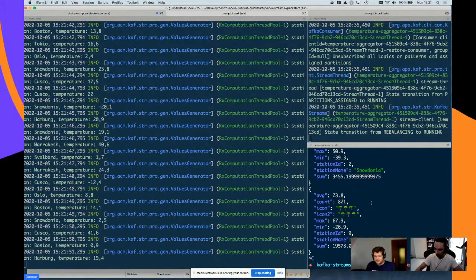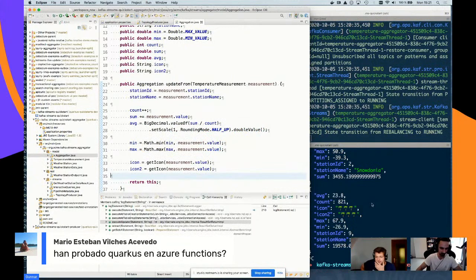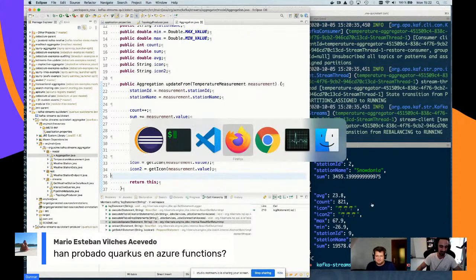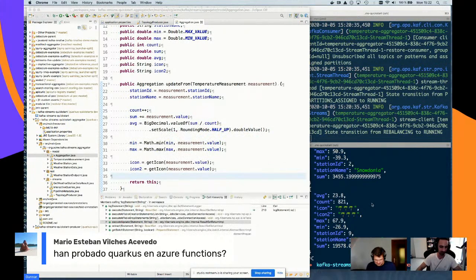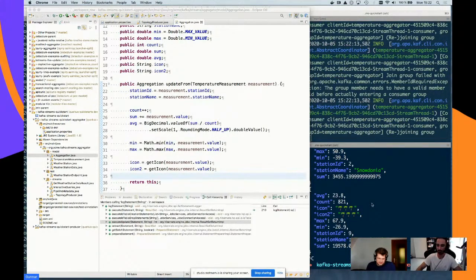Before you go to that, we have one question. It's not really related to Kafka Streams, but it looks like it's in Spanish. I don't know a lot of Spanish, but I'm guessing that it says, can we run Quarkus applications, or this Kafka Streams type of messaging application, on Azure Functions? So the answer is yes, right? We do have integration with Azure Functions.